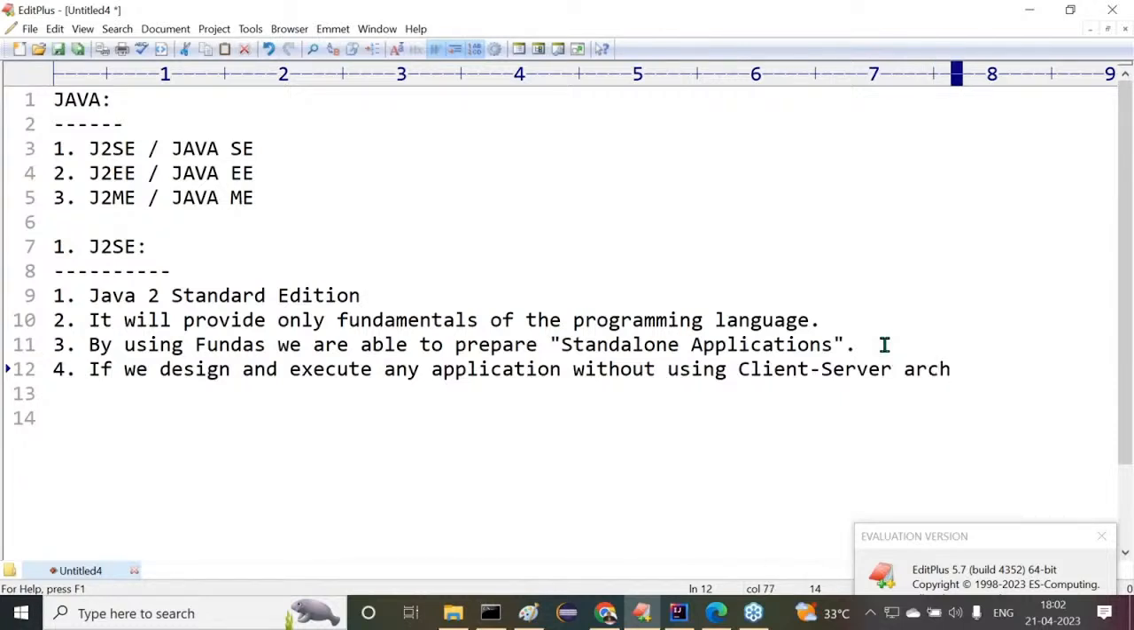You know, there is a design architecture, client server architecture. The client will send a request to the server, the server will perform some process, and the server will send some response back to the client. This is what client server architecture is. Are all of you getting my point or not? If we design and execute any application without using client server architecture,